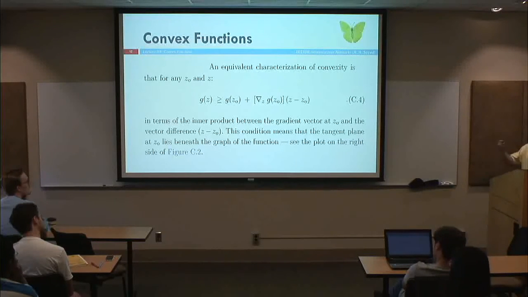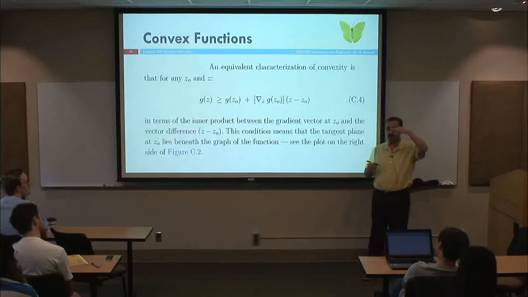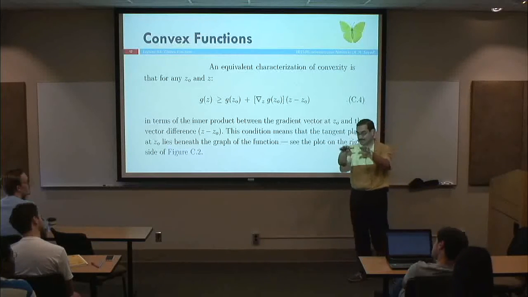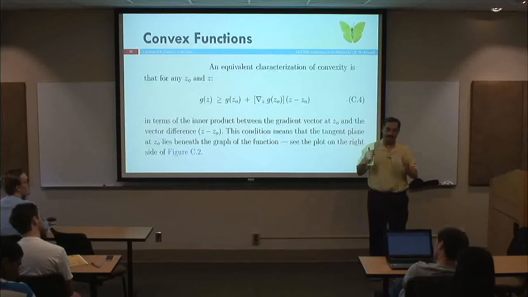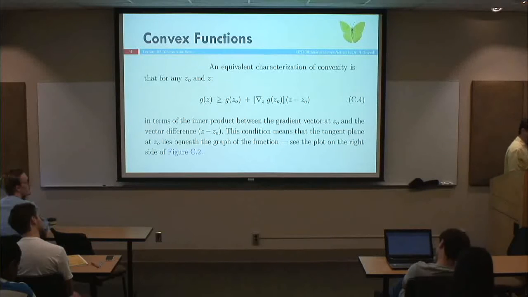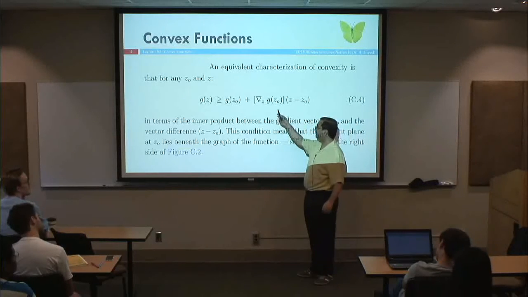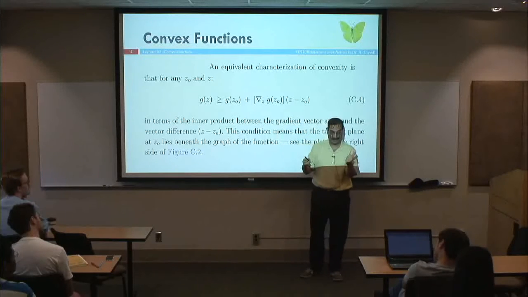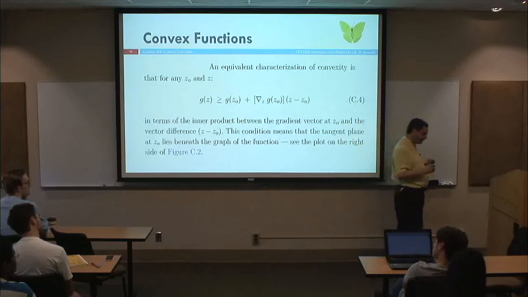Now, there is an equivalent characterization of convexity. This is a homework problem to show. I showed you one definition: G at an intermediate value lies below the segment connecting the end values. Another equivalent characterization of convexity is this one. Of course, when I write this expression, I'm assuming that, in this particular form, the function is differentiable. The gradient vector, this is the gradient vector we defined last time. So this gradient vector here,